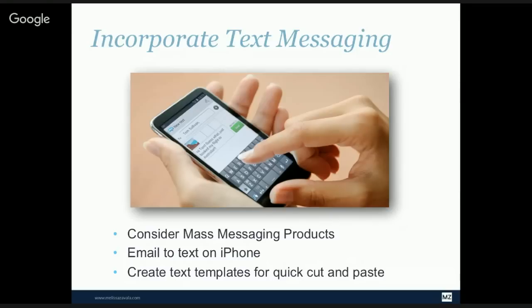But if it turns blue, then you can send it anyway as an email. And if it goes out green, then they're getting it. And when they respond, you'll get their phone number. So even if you don't have their phone number, if you try putting their email into the text message, the to section, you may be able to text them anyway. And you may want to create quick text templates for cut and paste so that you can do things more quickly.